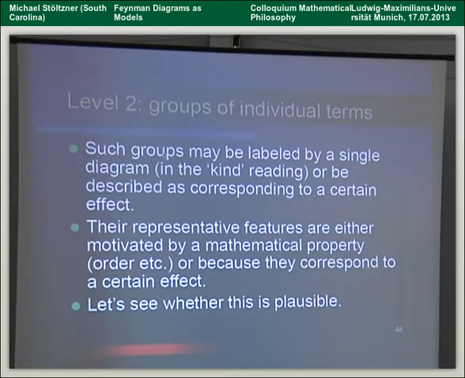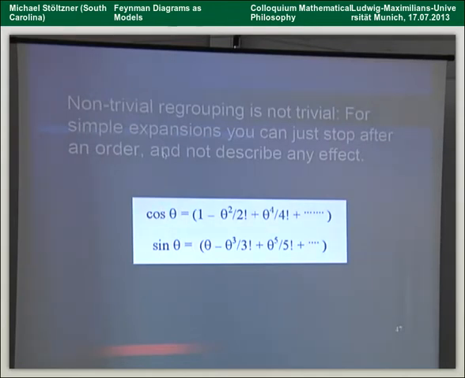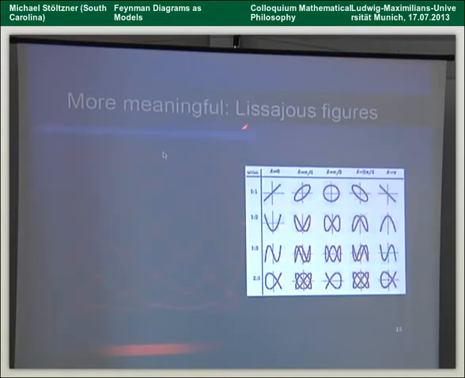Okay, so I have two things here. I have a series expansion where every term can be, by isomorphy, translated into a Feynman diagram. And I have the guys talking about effects. And I think the interesting point is this is a perturbation series which you can reorder according to effects. That's not trivial. This is an expansion which you can't reorder according to effects. This and this, does this correspond to something? Here it's more. These are Jou's figures. So these are two oscillations that are not in accordance to each other.